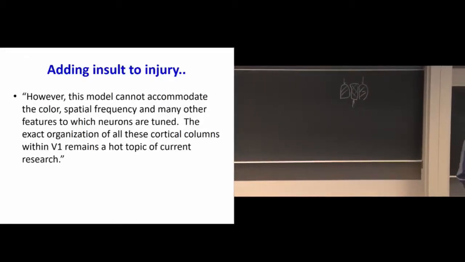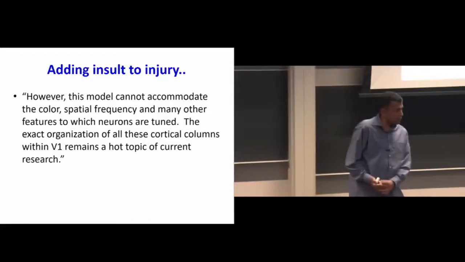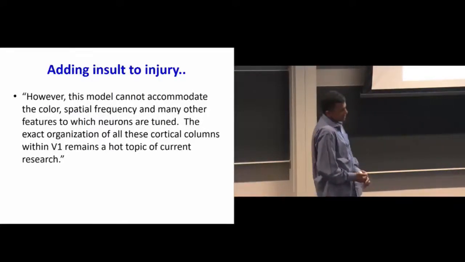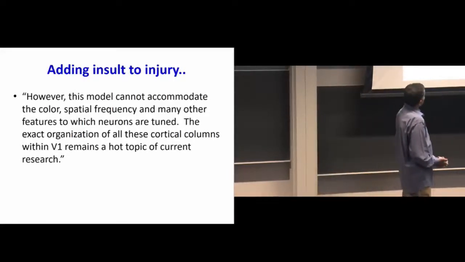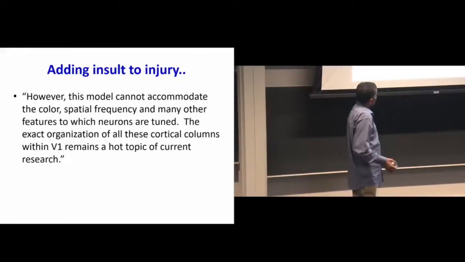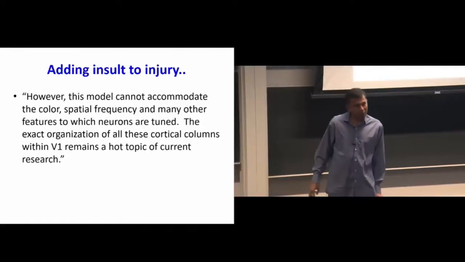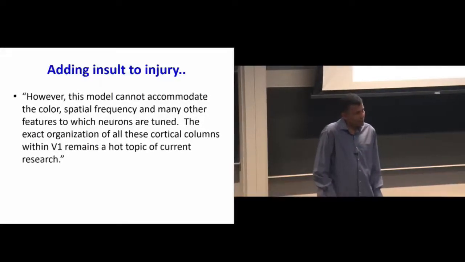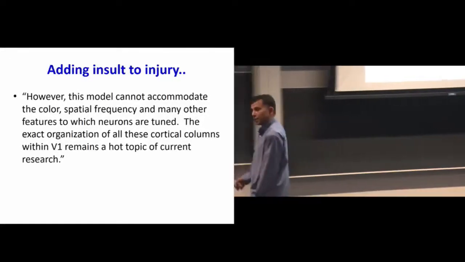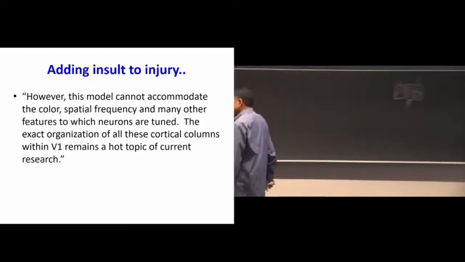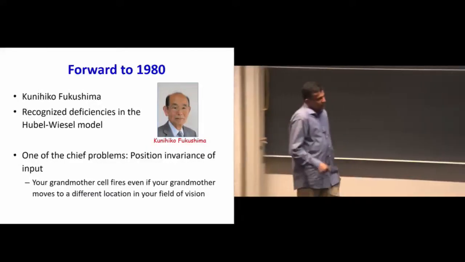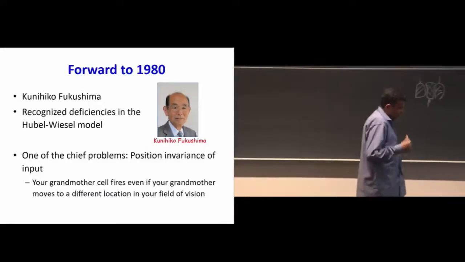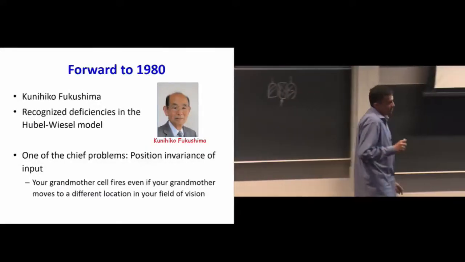And maybe they never really explained human vision to any real extent, although they were one of the first studies of this kind. The model cannot accommodate color, spatial frequencies, many other features which neurons are tuned to. So basically, all of those cats gave their lives for nothing other than letting us build convolutional neural networks. So every time you train a convolutional neural network, it's built on the cadavers of many cats. But anyway,